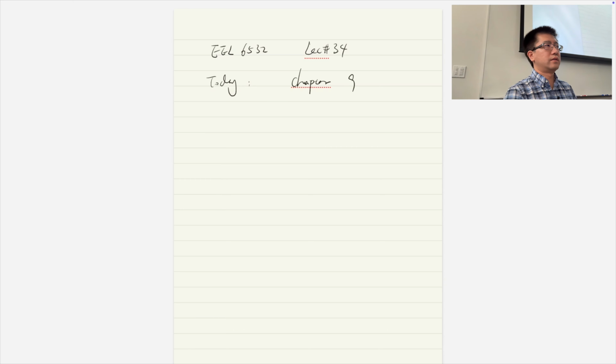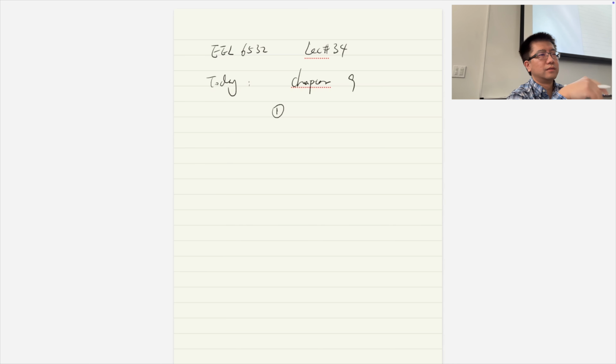The only difference is that now we're considering a continuous random variable, and in particular a very specific channel. Before we considered the DMC, the discrete memoryless channel, but here we consider the AWGN, additive white